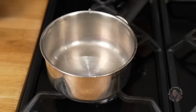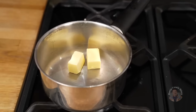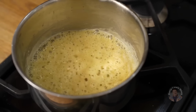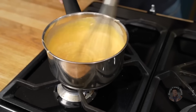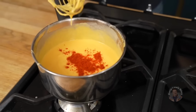That's really cool. Anyhow, whilst we're still waiting for that mashed potato to firm up, I'm just gonna make myself a little cheese sauce. I didn't want to buy one from the supermarket, so I melted together some butter and flour in a pan until it was nice and foamy. Added in some milk, brought that up to a simmer, dumping in cheese just to stir that all through, and of course a little bit of paprika went in there. Of course it did. We've got our own nice little homemade cheese sauce to drizzle on our long fries, which, well, they're not long yet, but